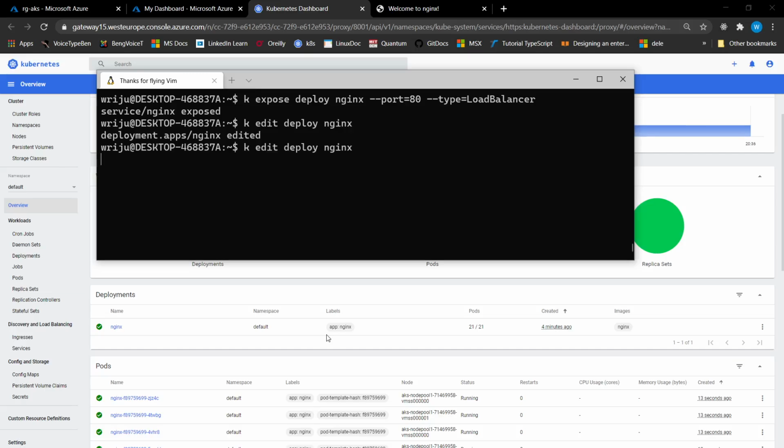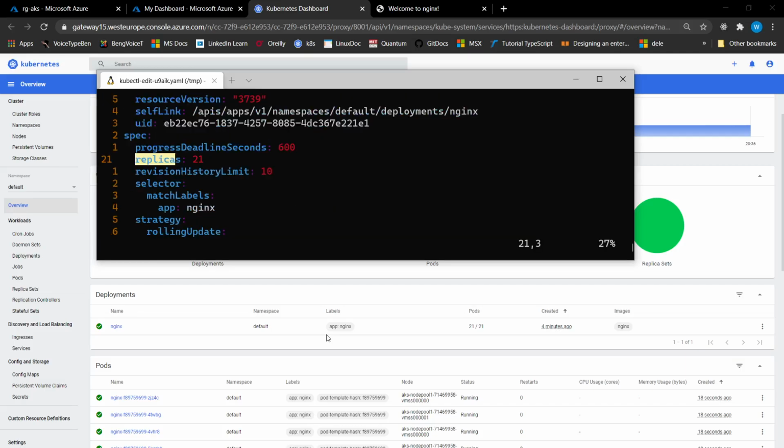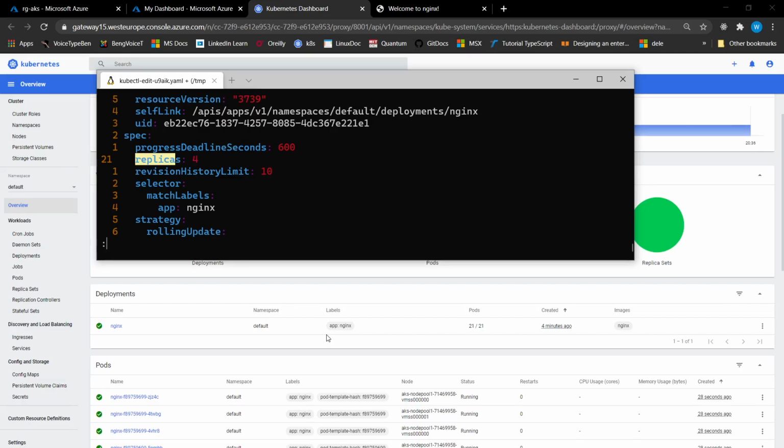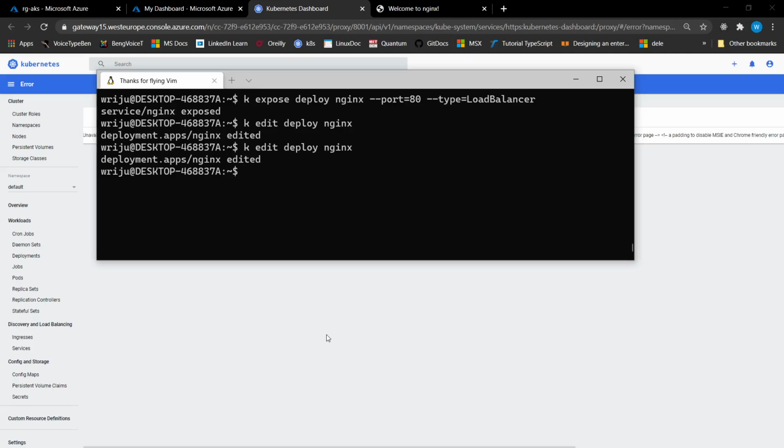Earlier it was 2, we made it 21, and then say replica, and I say, you know what, let's not do too much, so just make it 4, and then it will immediately reduce it to 4, and I will see the dashboard reflecting things